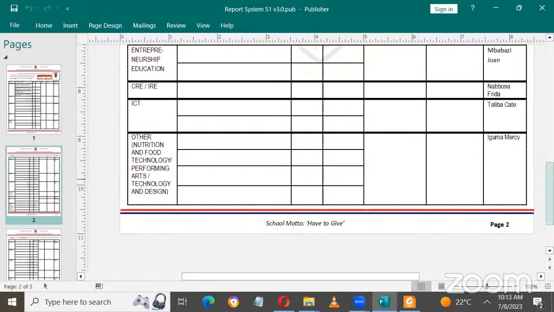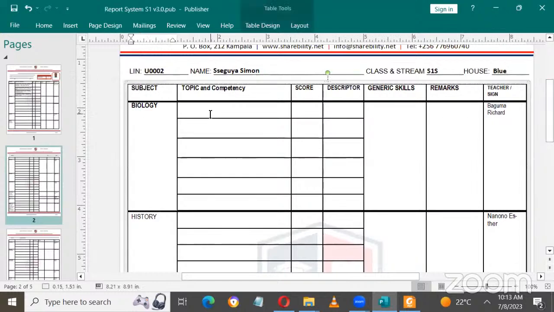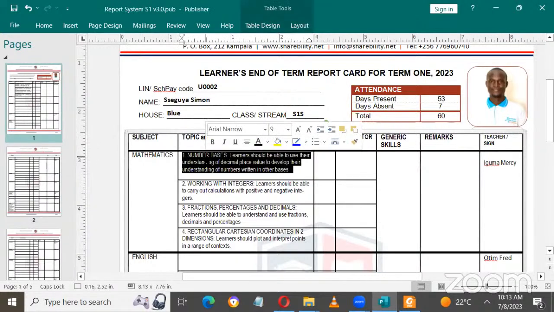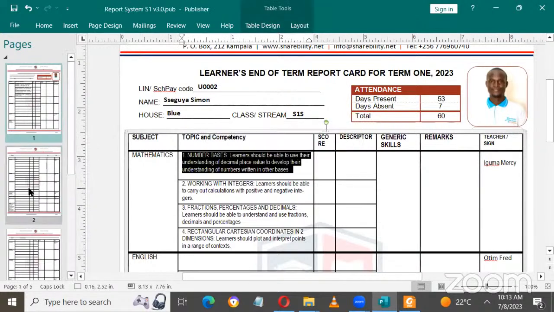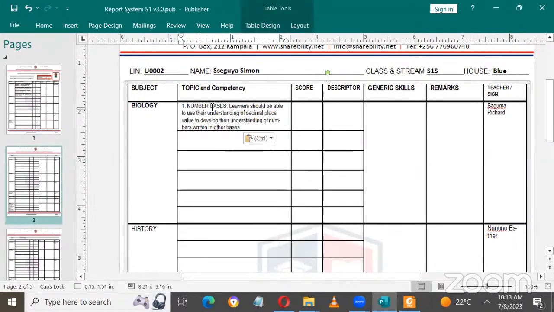So I'll come and I go where there is biology. And then I will put there the topic, the way I did here. So this is already topic and competency, so I don't have to put the word topic again. So you just come here and then you say viruses. Okay. So this one, you can just take something like 1 hour to